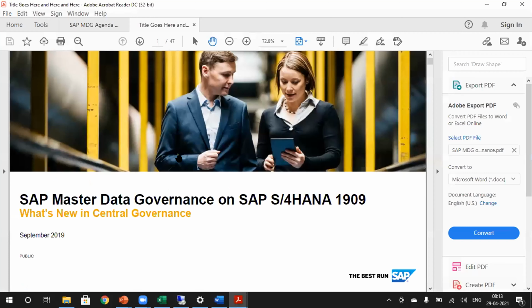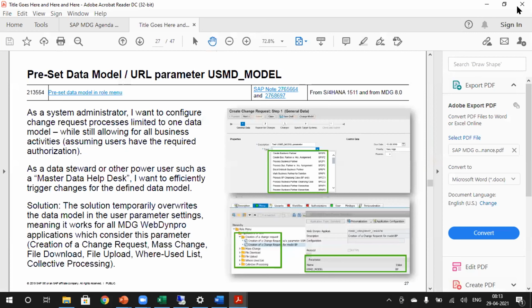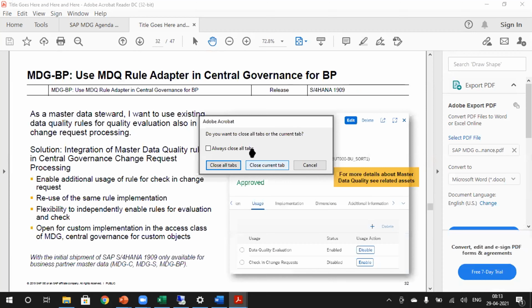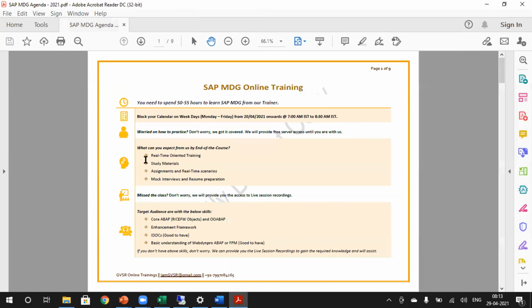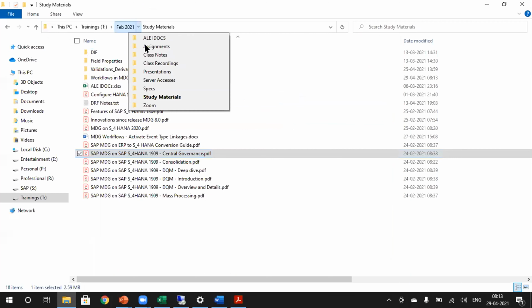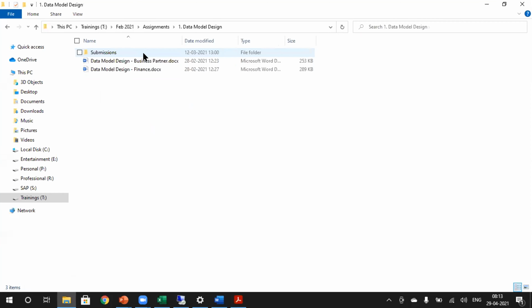If I feel that the standard documents are more than enough, I will provide you that one. Else, I will prepare my own and give you the existing one. And we'll be having assignments as well. So here these are the assignments. We'll be having the assignments here